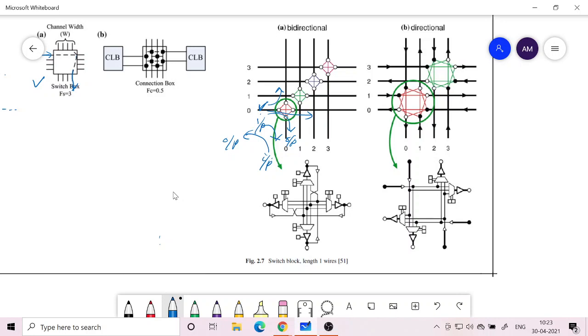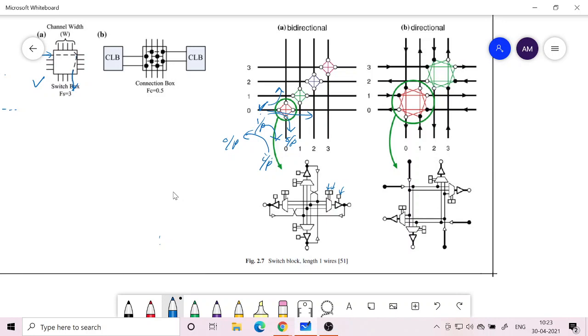So there is a multiplexer here with the 3 input lines, depending upon which way you want to route it. So you have to have 2 select inputs here, and the select input may be 00, 01 and 10. Depending upon that, one of these lines will be chosen, and the output will be available at the buffer, and the buffer can be enabled and disabled, that is also done by using another SRAM cell. So all these points require an SRAM cell.